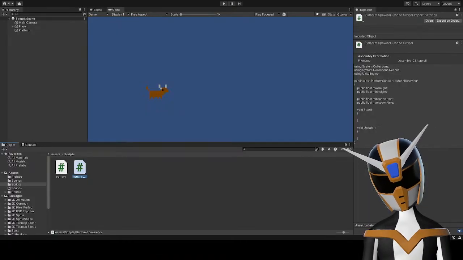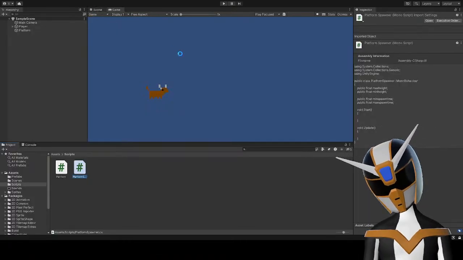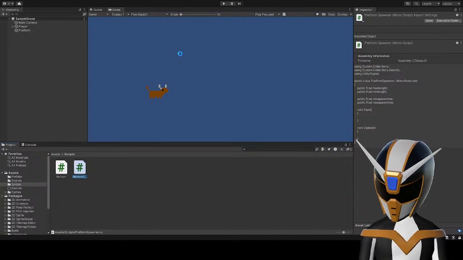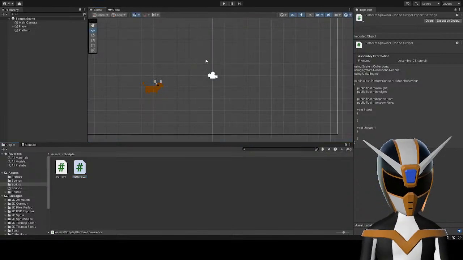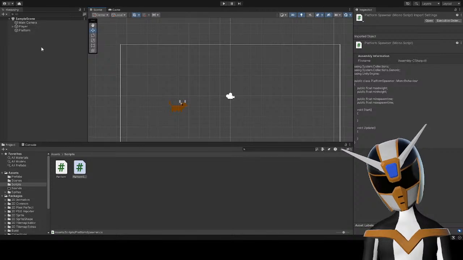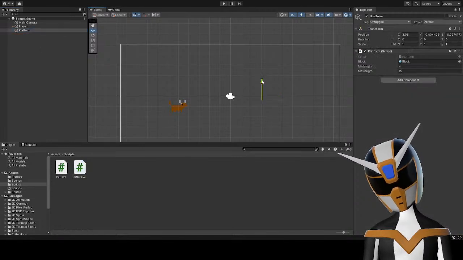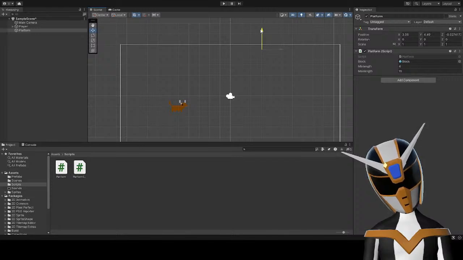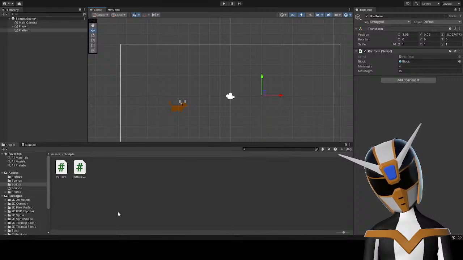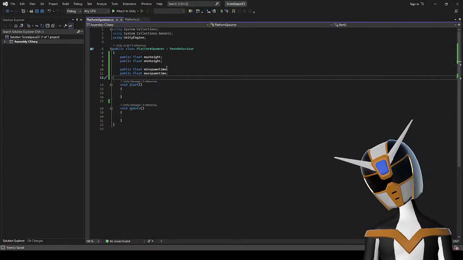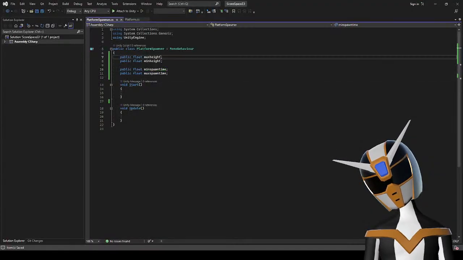Okay, wait. So what's the maximum and minimum height? Let's just go by the screen. The max height is like 4.5... Let's say -5 and +5 for the min-max height.